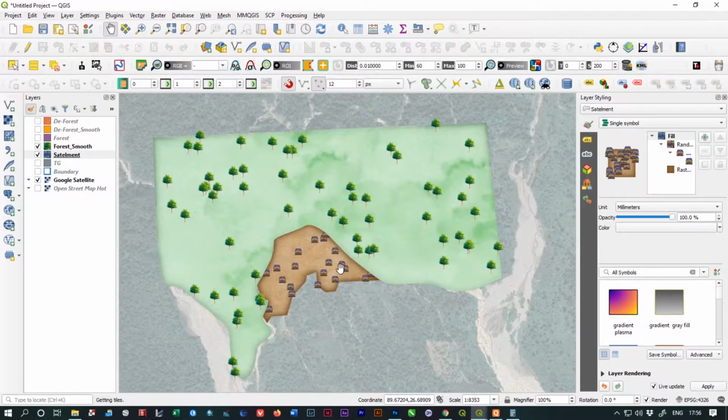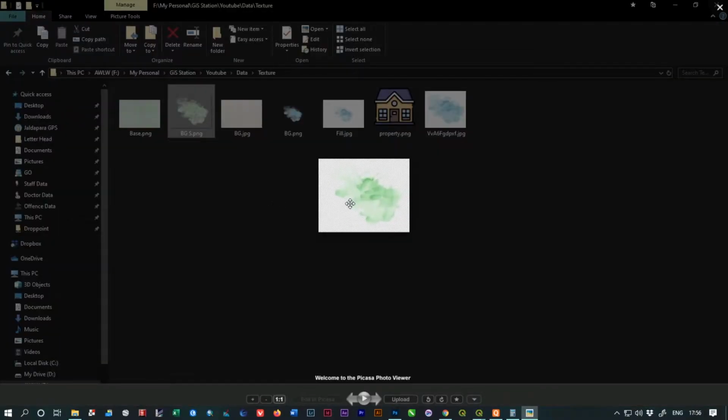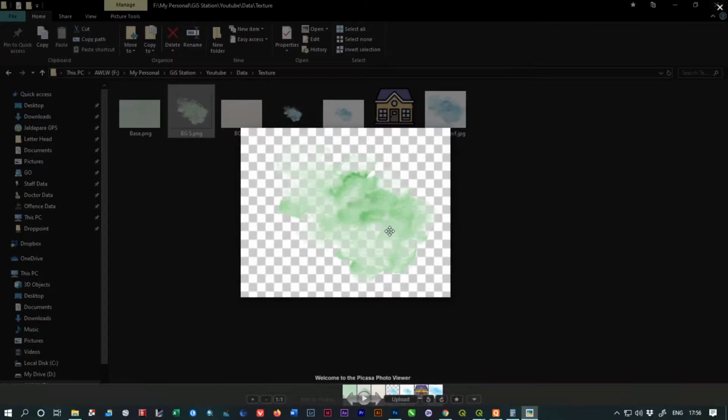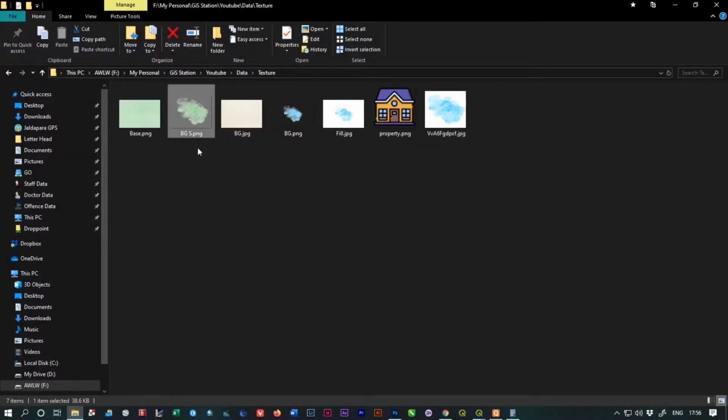So first of all you need some data, some images, some patterns, so that it will help you to create this type of effect on your own map. As you can see, I have some image files. This is the pattern which I have used in my project. This is the watercolor marker.